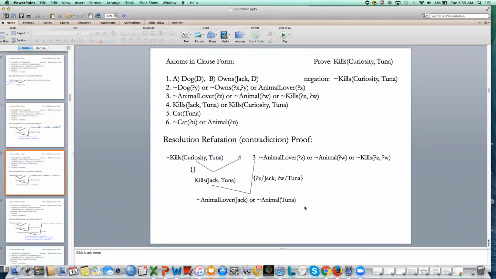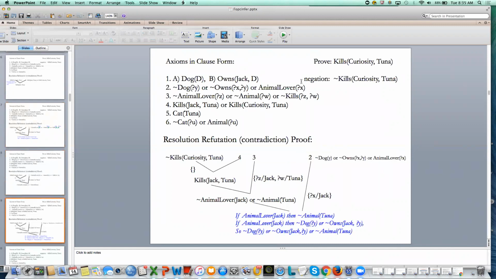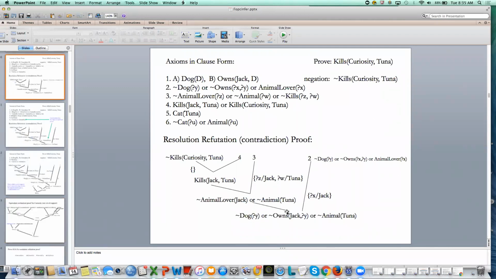And again, we would search the set of axioms for the potential for a resolvent. Number 2 gives one potential possibility. This says Jack is not an animal lover. This says X is an animal lover. We can bind X to Jack and then apply those substitutions throughout. And this is the resolvent that we're left with. Now in this case, this phrase and this phrase cancel each other out. And